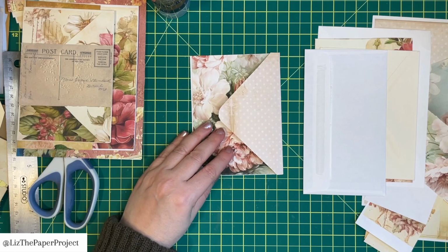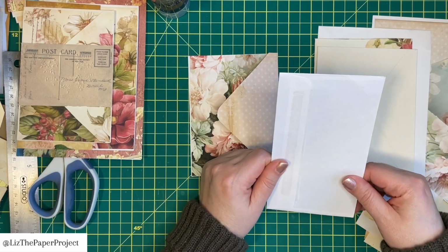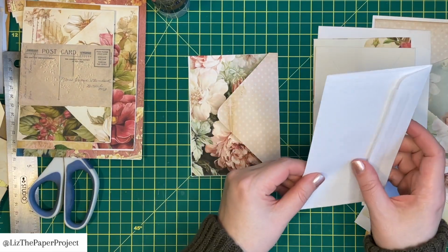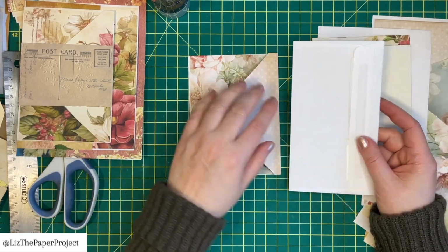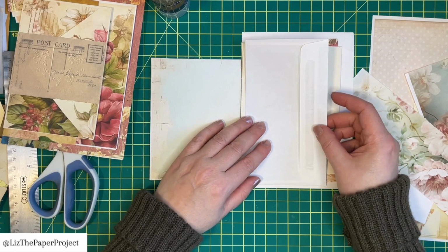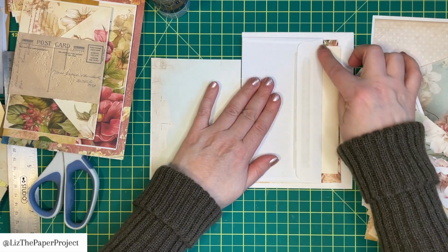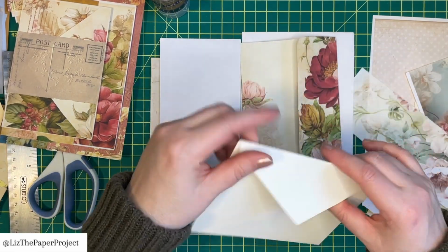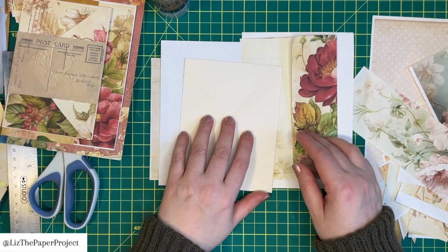The only thing to keep in mind is we are going to want pockets on the tops, or pockets on the side. So by that I mean, if I want to use this envelope and have a tuck spot coming from the side of it, then I'll need to make sure that I cut on the side. So if we're going to have this on the front, and this would be my next page, and I want, instead of a top pocket, a side pocket, then after I've decorated it, I'll make sure I cut a slit so that I can have a side pocket. Then I flip that over. Again, we decide where the pockets go, but I think they'll all have a side pocket here,